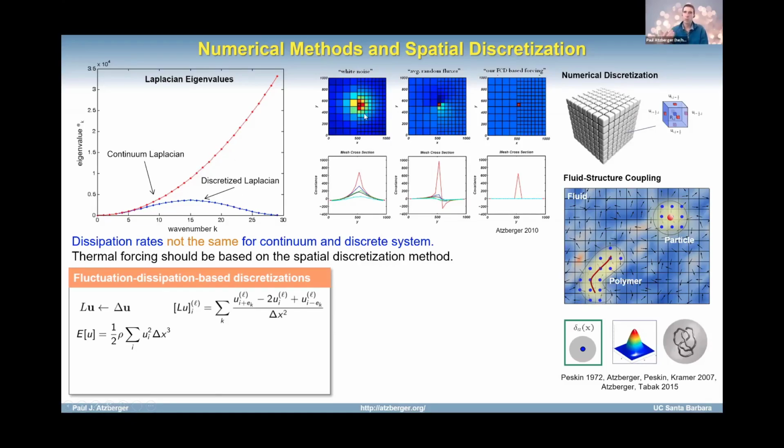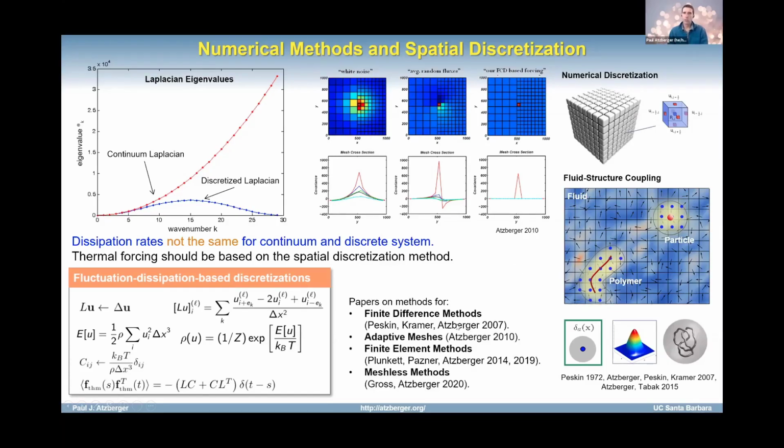if you have things like adaptive mesh refinement, we've done a fair amount of work showing you can derive in a principled way thermal forcings that take into account the discretization artifacts. So if you were to use kind of a phenomenological approach, you'll get these long spurious correlations. If you use this fluctuation dissipation balance approach that we've used, you'll get these kinds of nicely controlled fluctuations, again taking into account the dissipation of the discrete operator. So I'll just refer to our papers for details on those. We've pushed this in a number of directions, including adaptive meshes, finite elements, and more recently I've been working also on meshless approaches. Okay, let's see here.